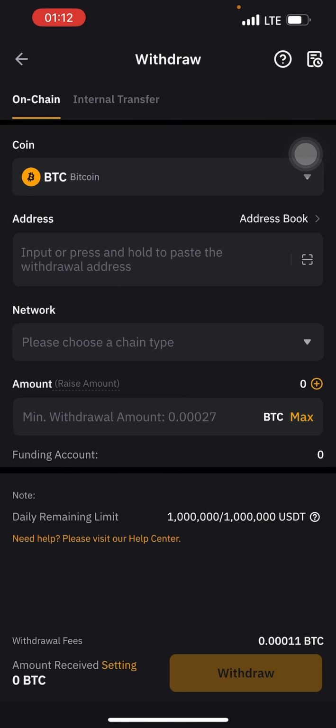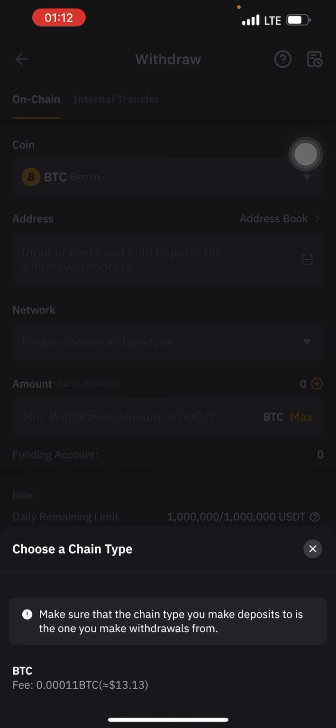Okay, then I'll choose the network here. So you can see the fee here. The BTC fee is 13.13